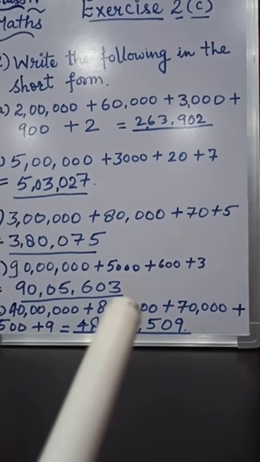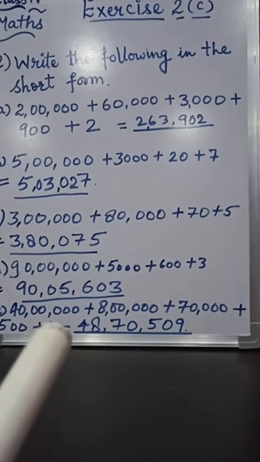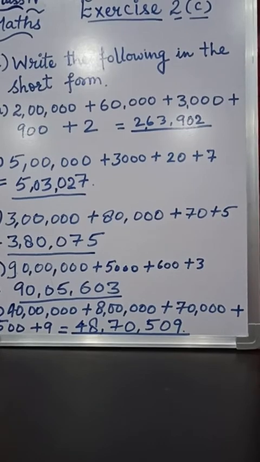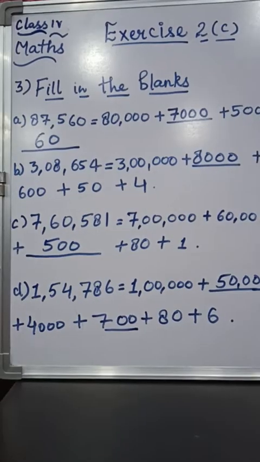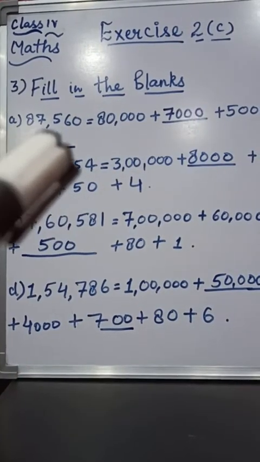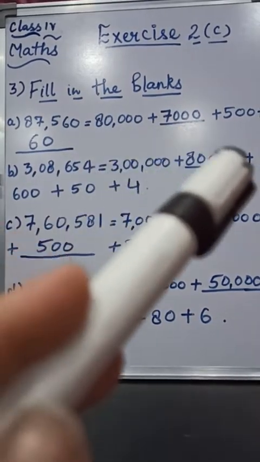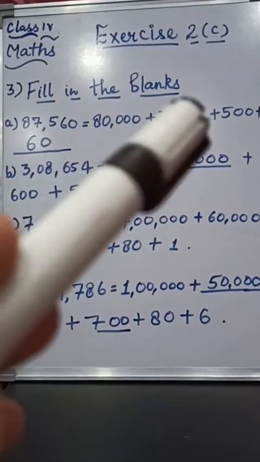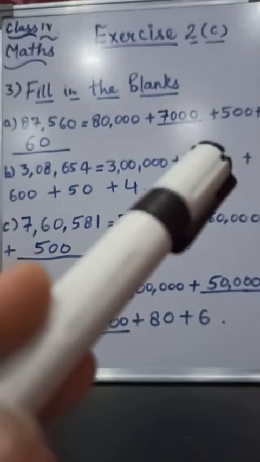All of you note down this, and E1, E I have given, F part is your homework. It's for your practice. Now see question number 3. Your question 3 is fill in the blanks. In this, short forms are given along with the expanded form, but in the expanded form a few values are not given. So you have to fill in the blanks with the values which are not given.